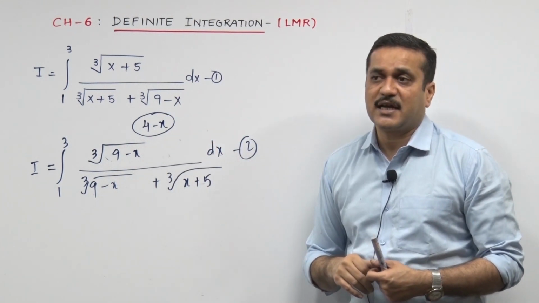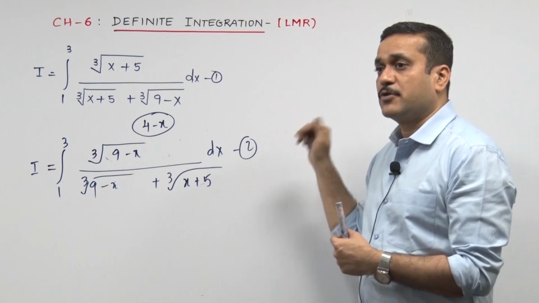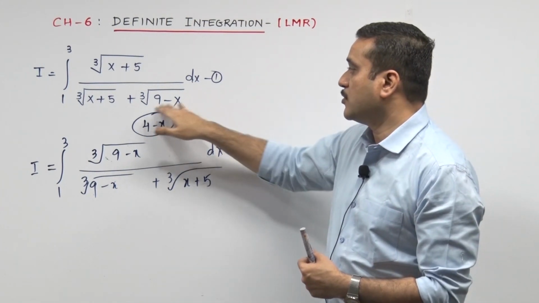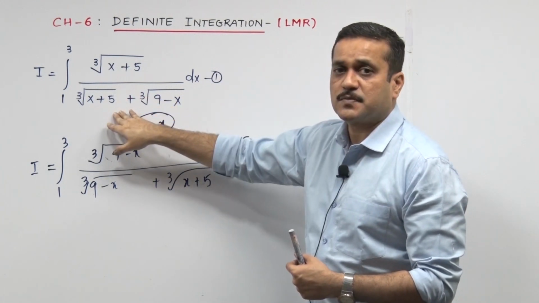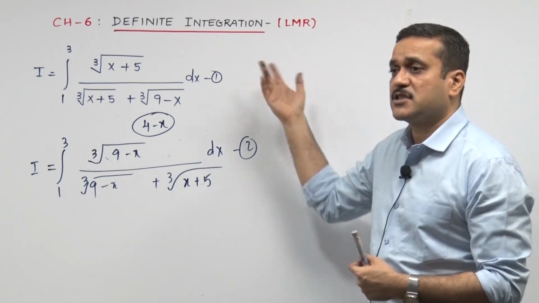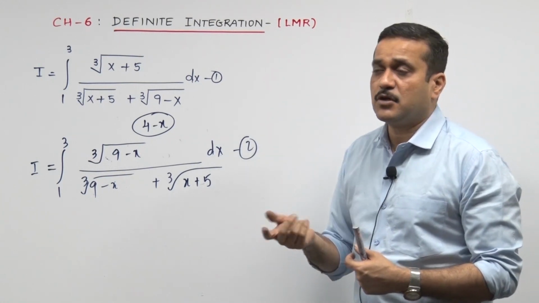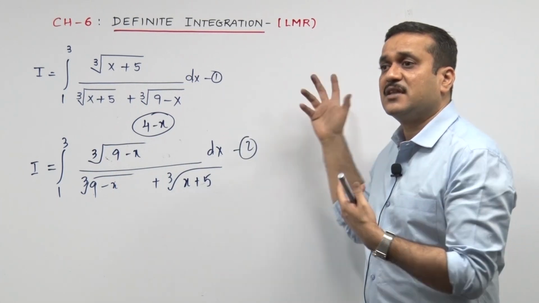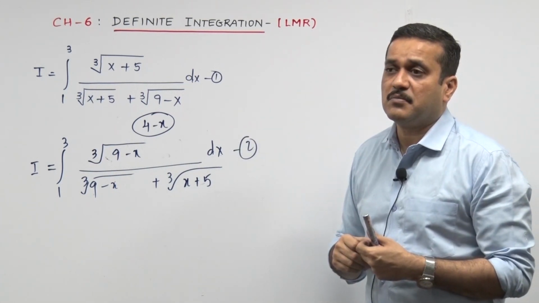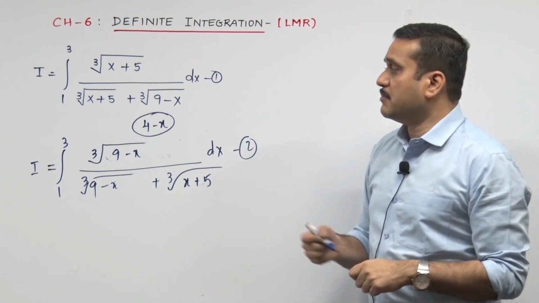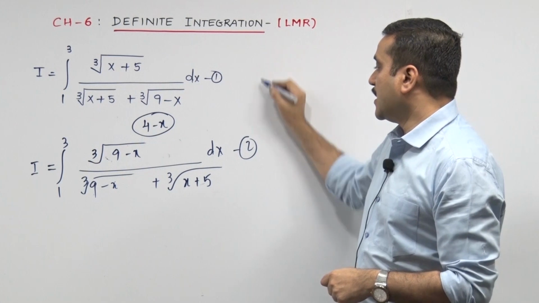Don't miss out writing I, because when you go for 1 plus 2, which I am going to go for, the denominators are common. So you can check that cube root of 9 plus x, cube root of x plus 5, it's the same thing. So that's prompting me to add my equations 1 and 2, but the answer gets double. When you add that plus that, the answer gets double. Who will express in the statement that the answer has gone double? I plus I, 2i. The 2i says the answer has become double. So adding 1 and 2, just check that.